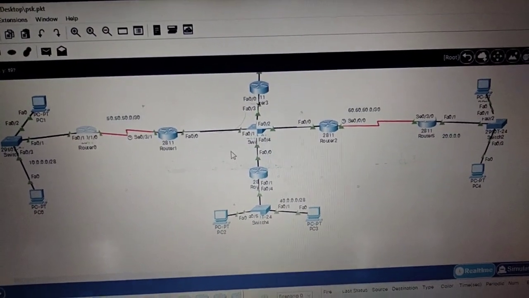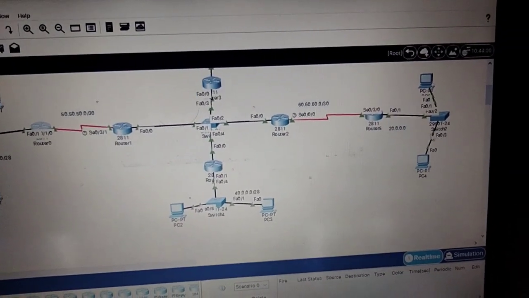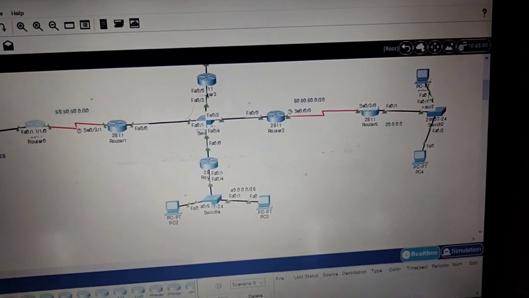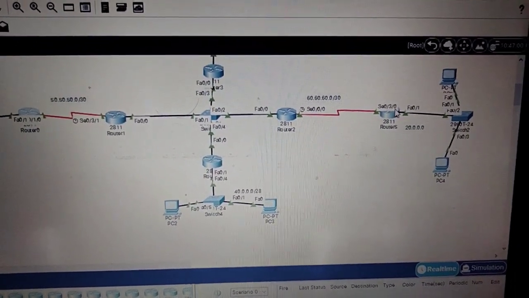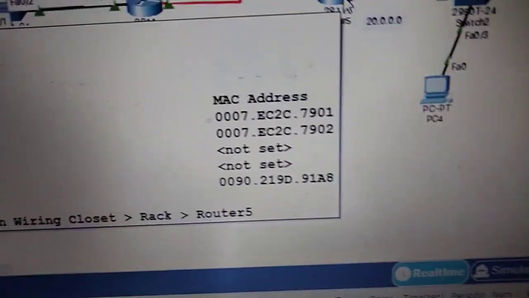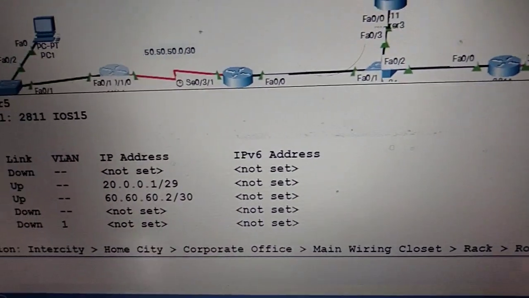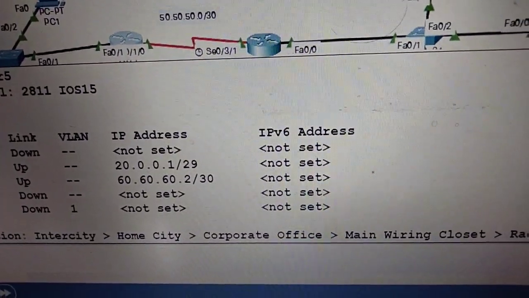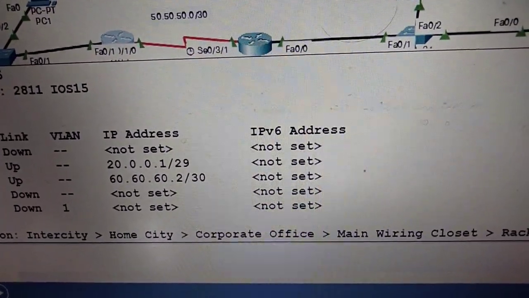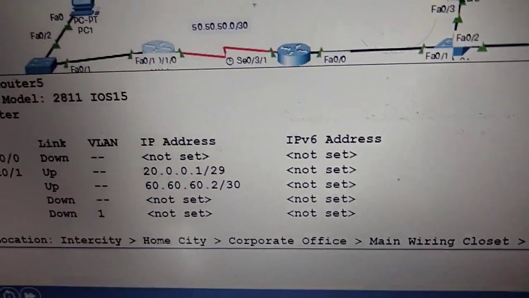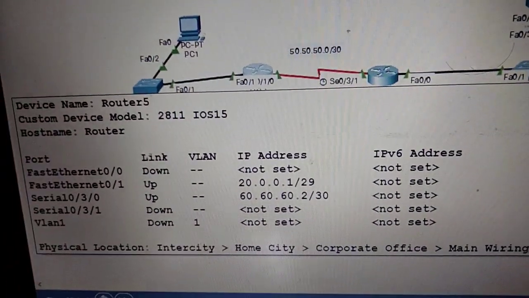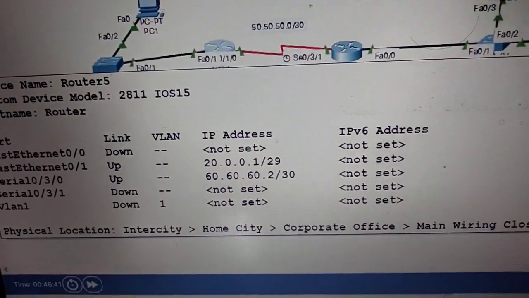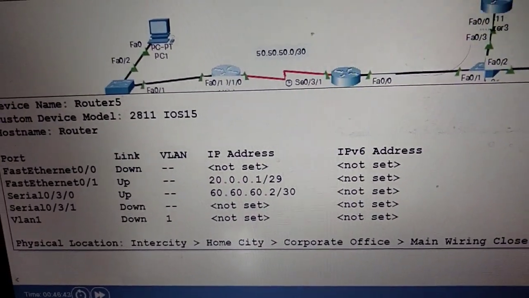Before, I found a problem in router 5. Instead of 20.0.0.1/29, I had given 30.0.0.1, and it was not pinging. Then I searched and found the mistake. After that, it pinged very well.